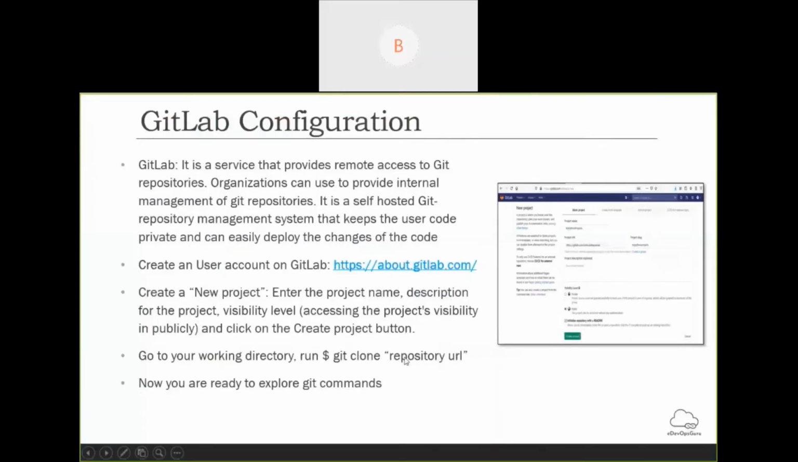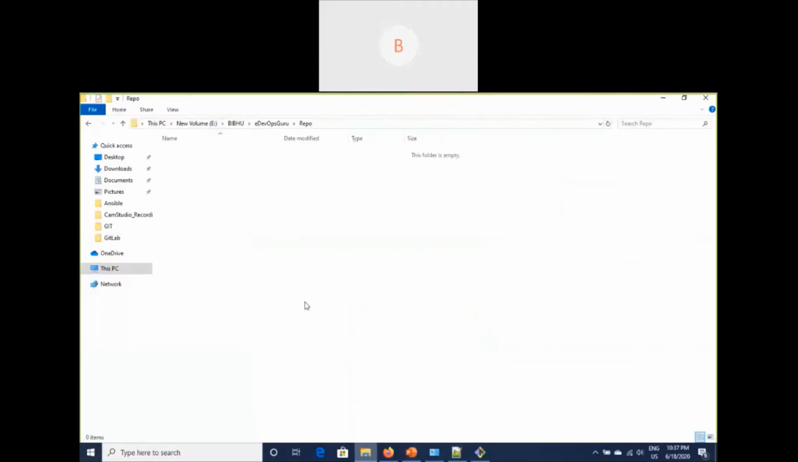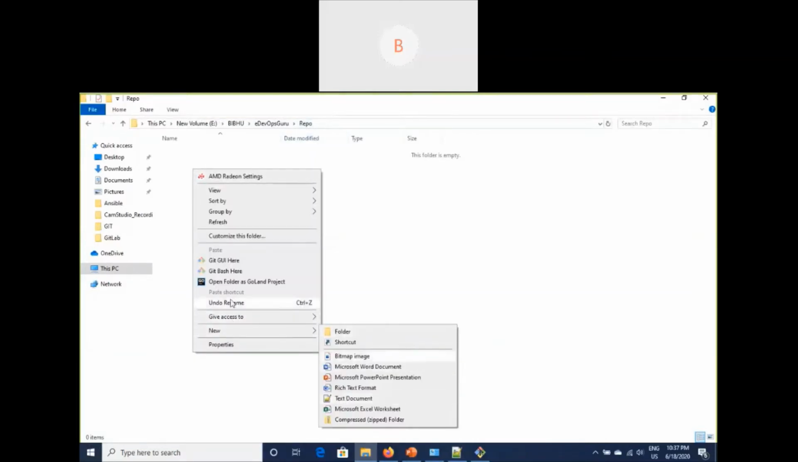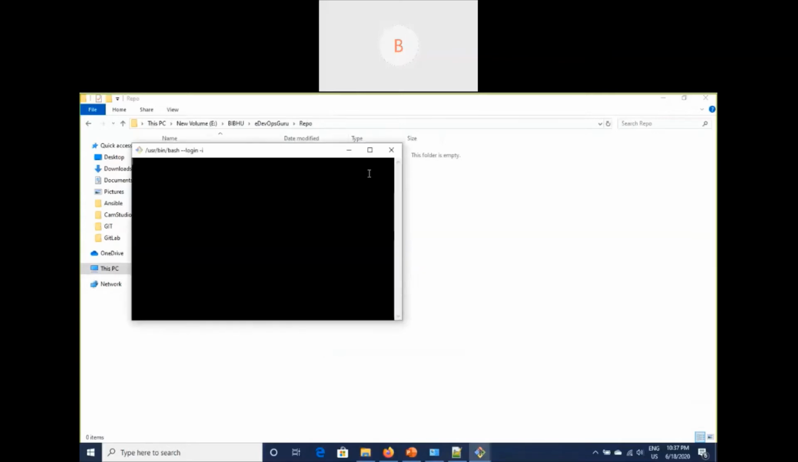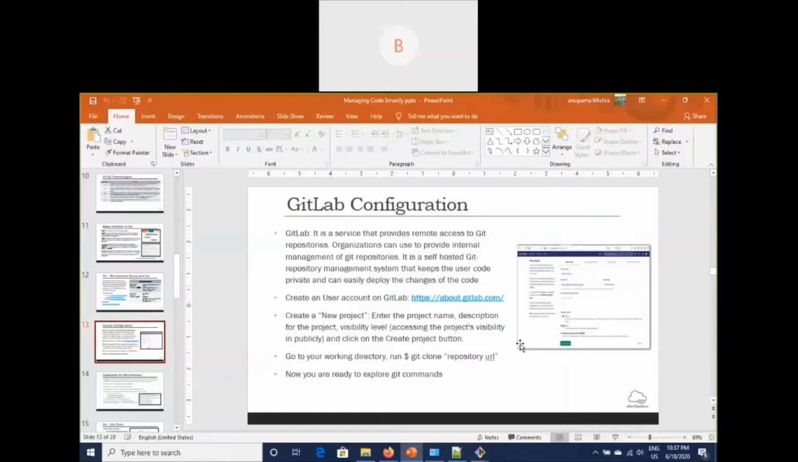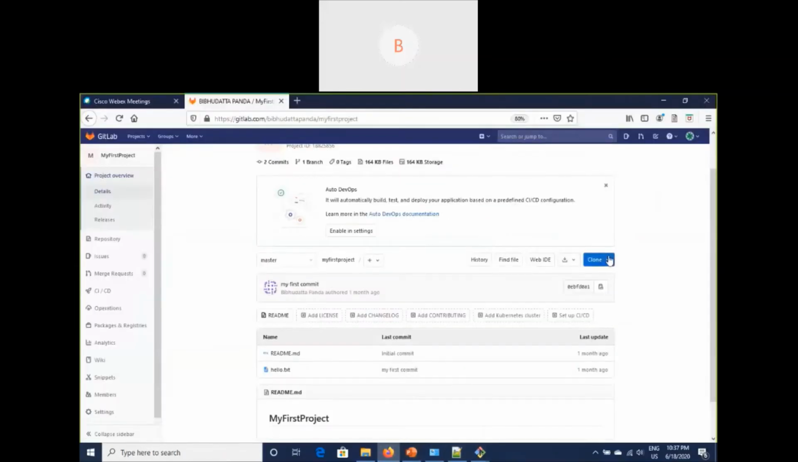So after creation of that, you need to run the command git clone and your repository URL. So I have created here a repository folder called repo, and here I am going to do the cloning. I'm just starting my Git Bash tool. And here I can run the command git clone,